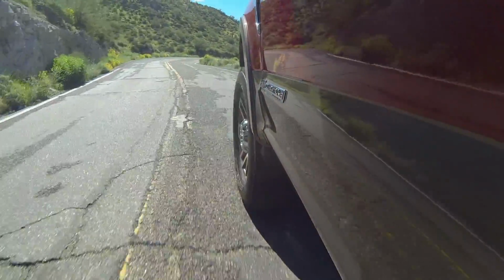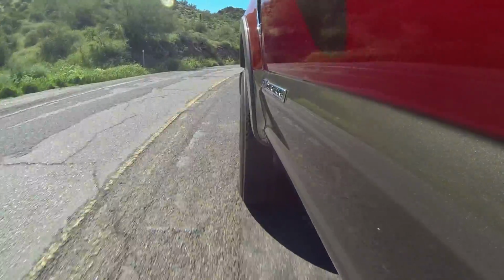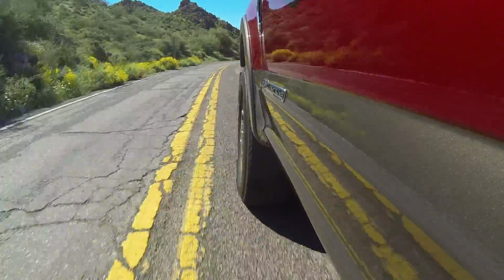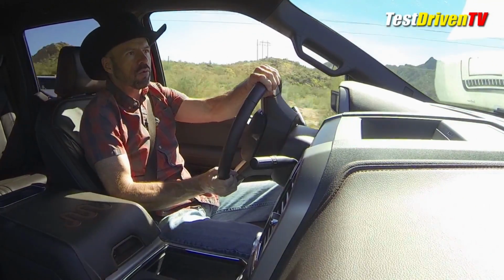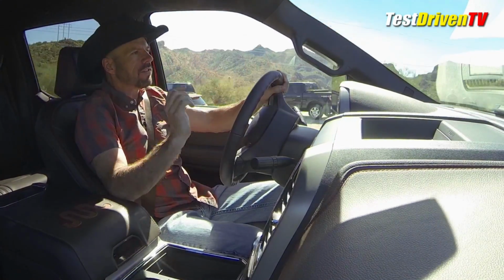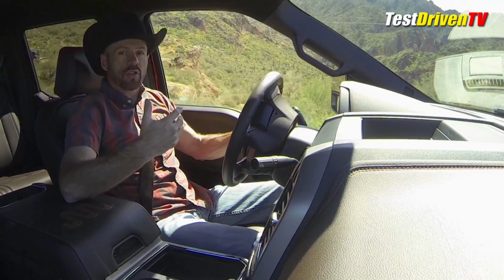To get an idea for handling, I really wanted to bring this truck out here to this particular road, which is Apache Trail up here in the Tonto National Forest. And that's because this is the very road I tested the last Super Duty pickup truck on. Why is that significant? Well, just like the last one, this one has a solid front axle because